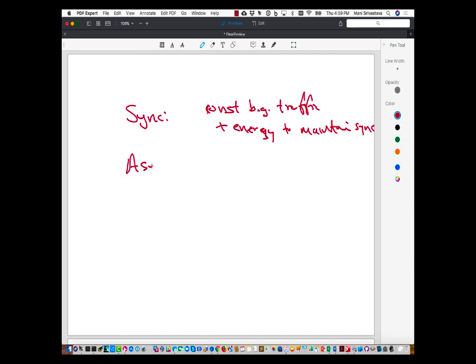Whereas async, the disadvantage is longer packet communication time,